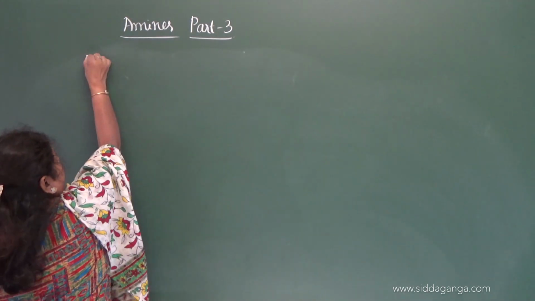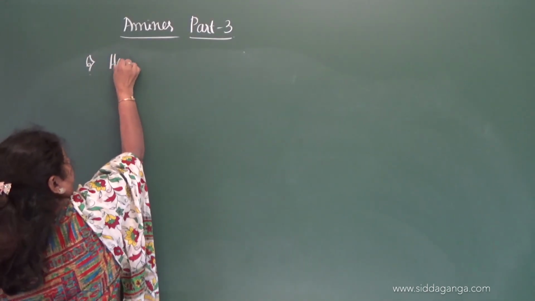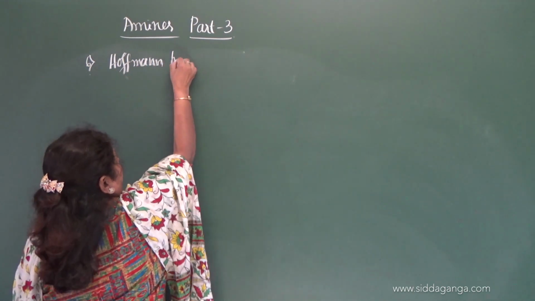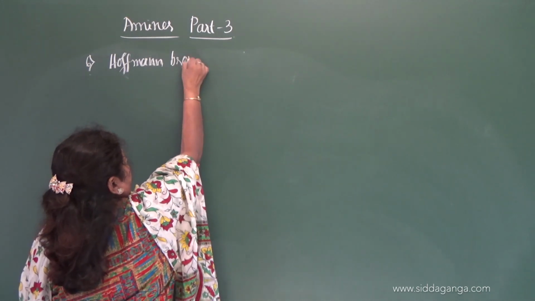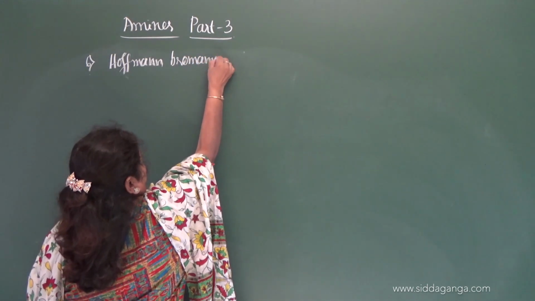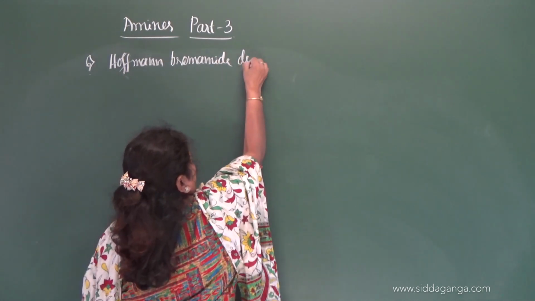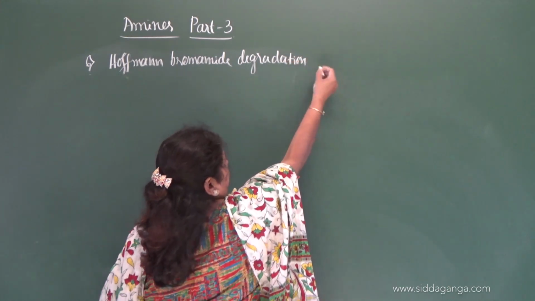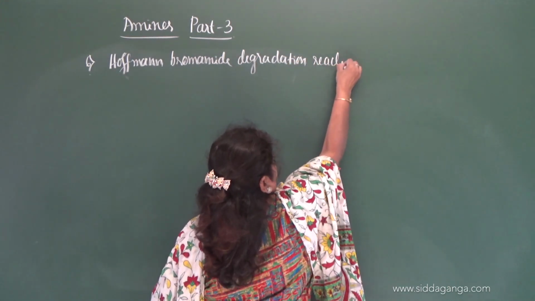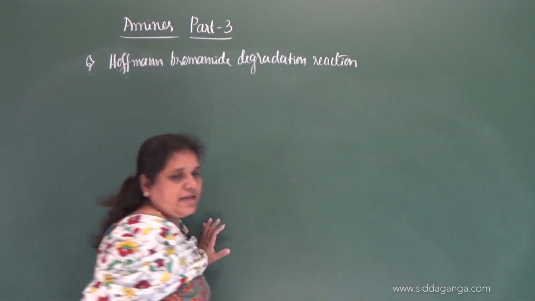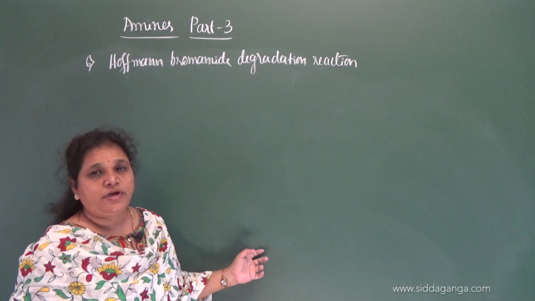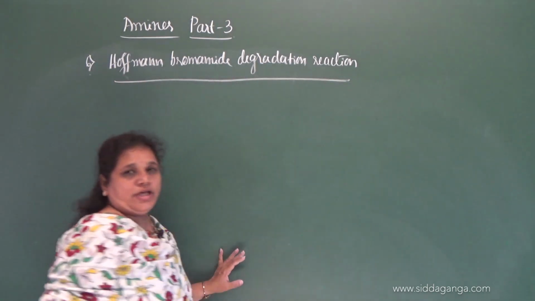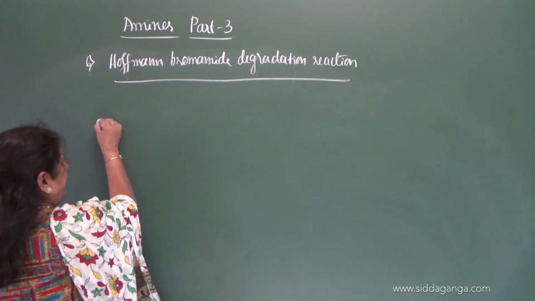Sixth one, Hofmann bromamide degradation reaction. What is the name of the reaction? Hofmann bromamide degradation reaction. In this reaction we have to take an amide,